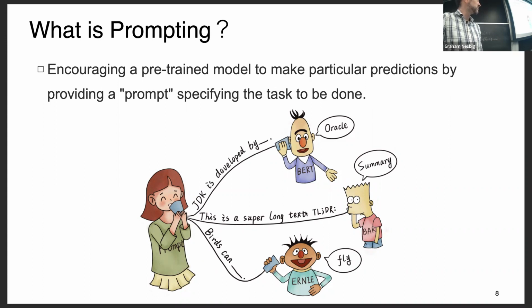And then we have, this is a super long text TLDR, and it would output a summary of that text. Or birds can, and it would output fly, and we would get some sort of common sense knowledge. And so as you can see, in all of these cases, we're not really changing the model. The model is a general purpose model like BERT or BART or Ernie or GPT-3. And the only way we're controlling what the model outputs is by providing it text beforehand.